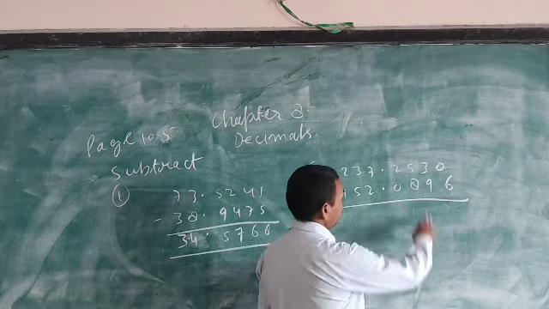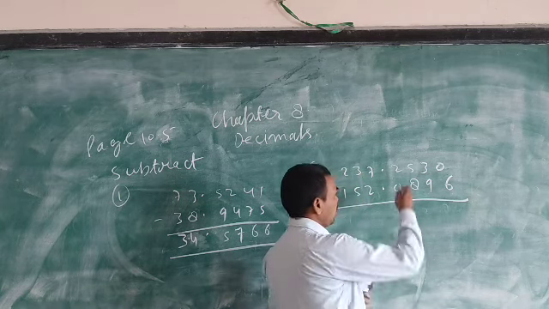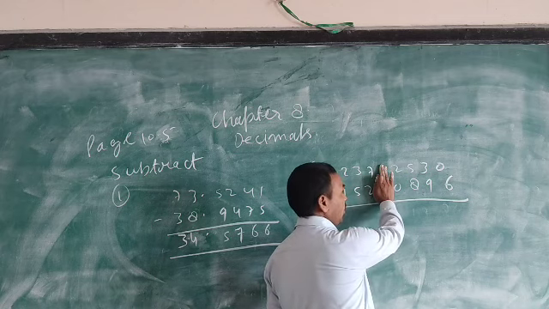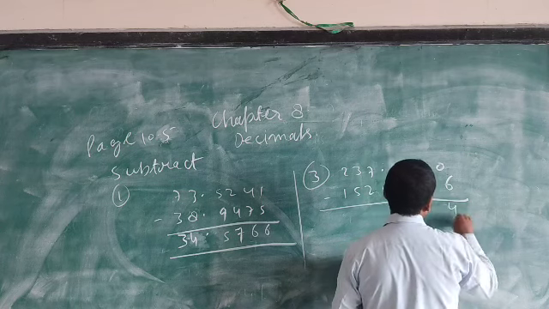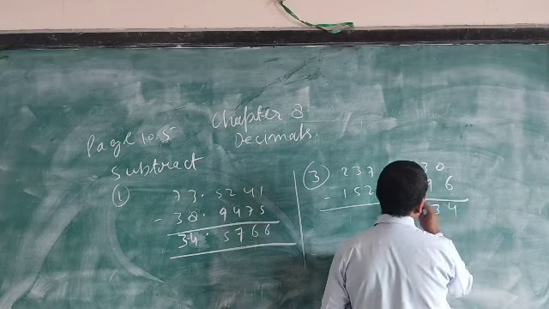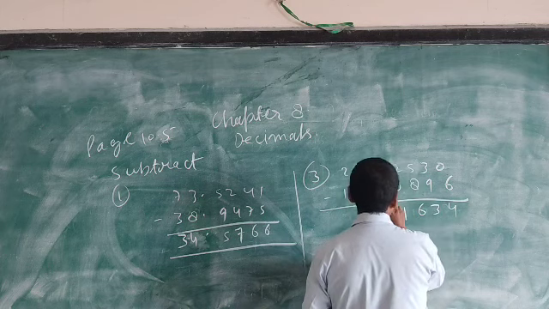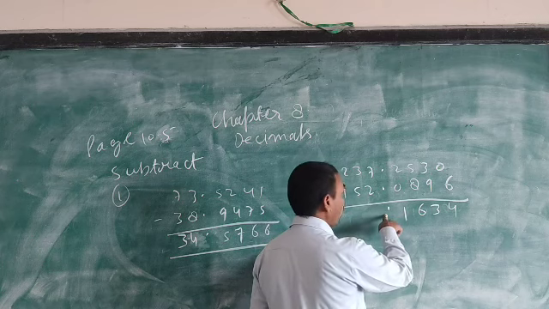So see, now you can subtract like whole numbers, nothing different. Without seeing the decimal, you can subtract these two numbers easily. You take 4 from here, so it will become 10 minus 6 is 4. Here 12 minus 9 is 3. Here 14 minus 8 is 6. Here the point should be below the point. Don't forget to write your decimal in your answer.